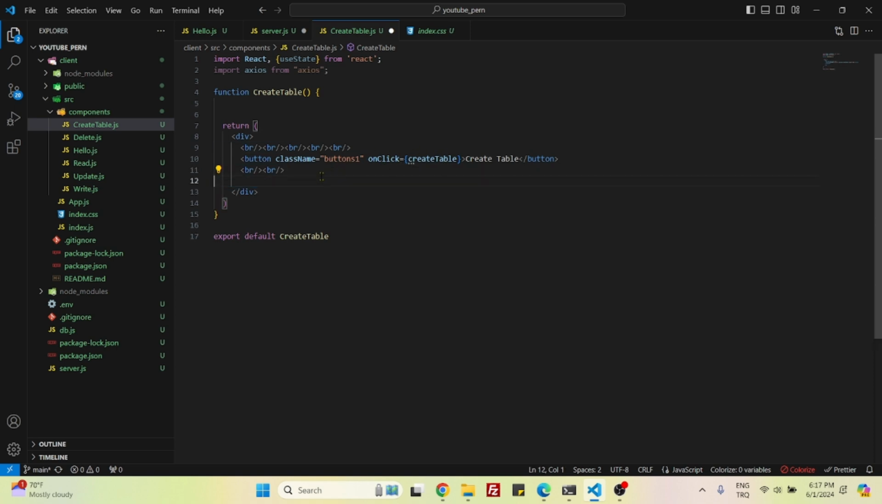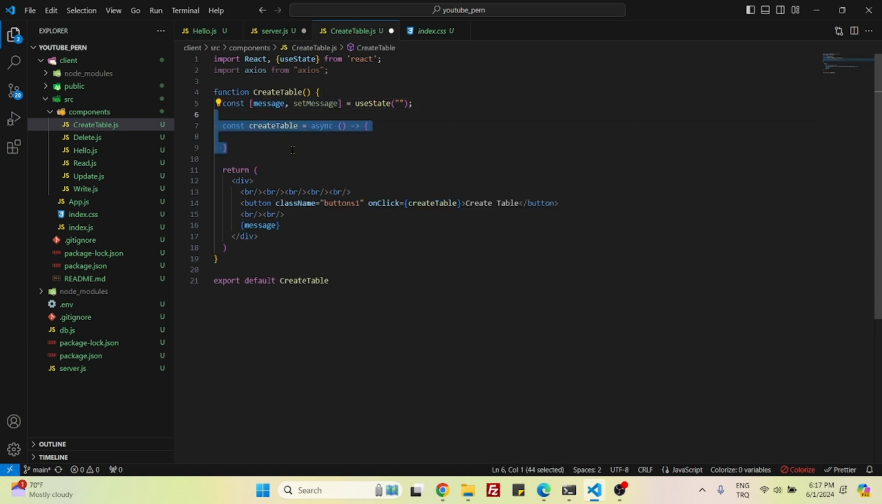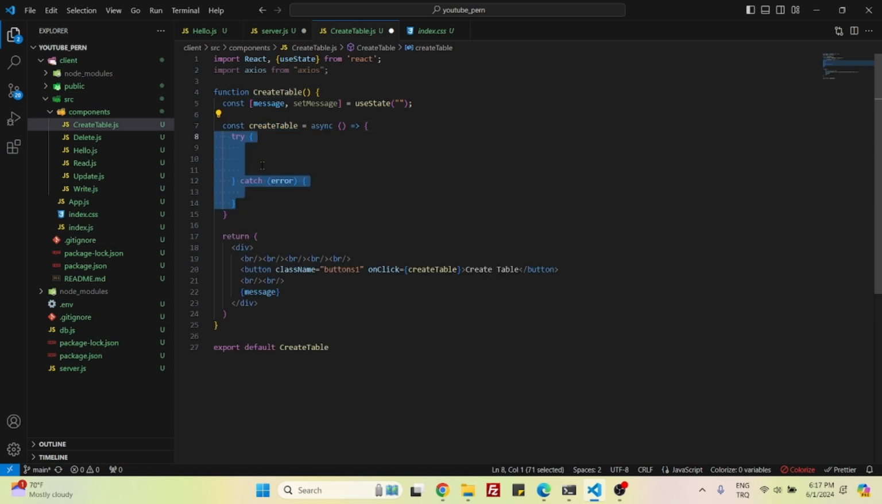And here we will be placing a message field so that we will understand if everything is fine or not. Now actually we can create the message variable by using useState, and then we will be creating this create table function, and it will be asynchronous. Inside this create table function we will be using try and catch, and in the catch part we will just be displaying some error messages, and in the try part we will be sending a request to the server, and we will be using